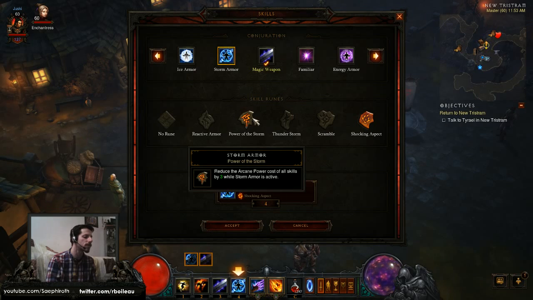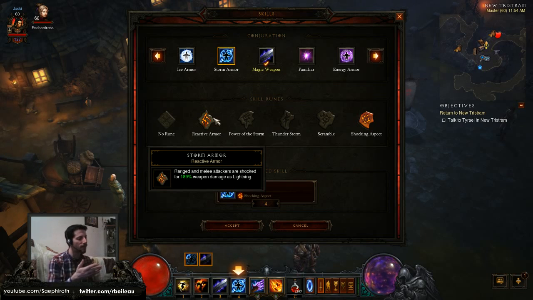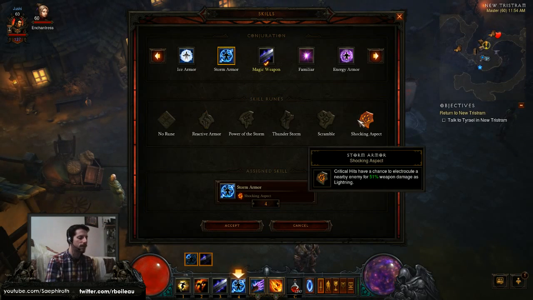Power of the Storm just reduces the arcane power cost, which would help me with spamming Meteor more often, but I think I have enough arcane power on crit, especially with the Storm Crow that I just equipped. I have 10 more than I even had with my arcane build, so I don't think I'm going to be hurting for arcane power regeneration. So I don't think I need this. And then finally, the last one, Reactive Armor. Ranged and melee attackers are shocked for 189% weapon damage as lightning. That could be good too, but I think I want to stick with Shocking Aspect because of, finally, I'll get to it,